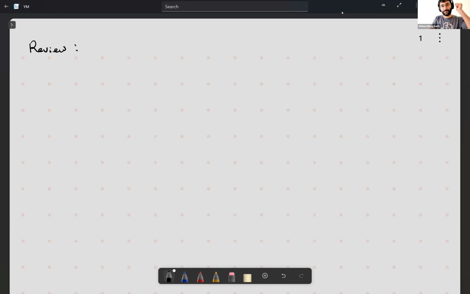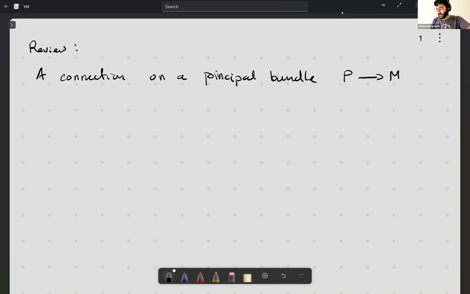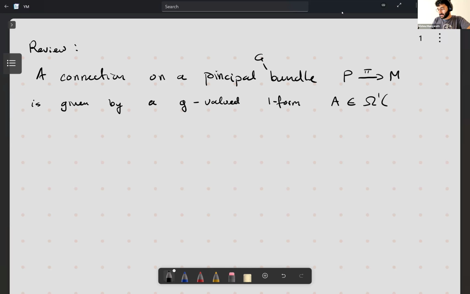So recall that a connection on a principal bundle, I'll call that P over some base space M, is given by a Lie algebra valued one form. So this is a principal G bundle for some compact Lie group G, and this little g is the Lie algebra, g-valued one form. I'll denote that by A in the space of one forms on P with values in g, which satisfies